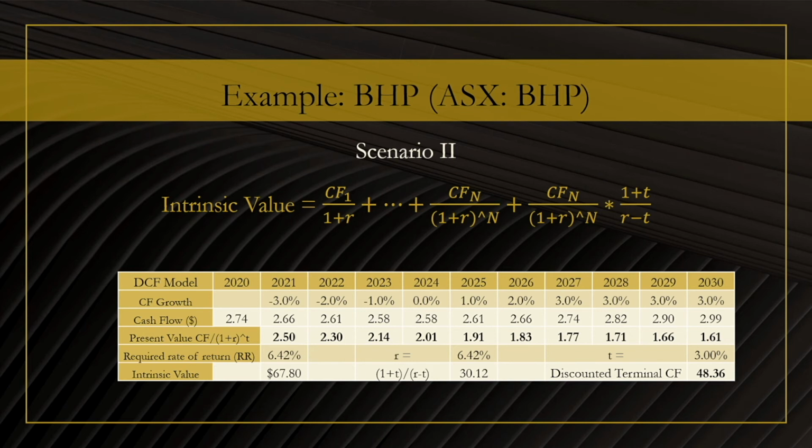So now let's have a look at an even more optimistic scenario. Here, all the free cash flows either stay flat or go up. So initially we have the free cash flows are not moving a lot, and then from 2023 the free cash flows start to grow, eventually growing 3% annually. So as we see, this model is much more optimistic. The free cash flows are growing, they are never declining. So with these assumptions, the intrinsic value becomes